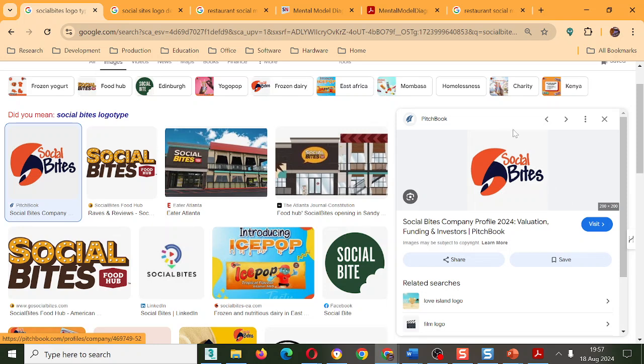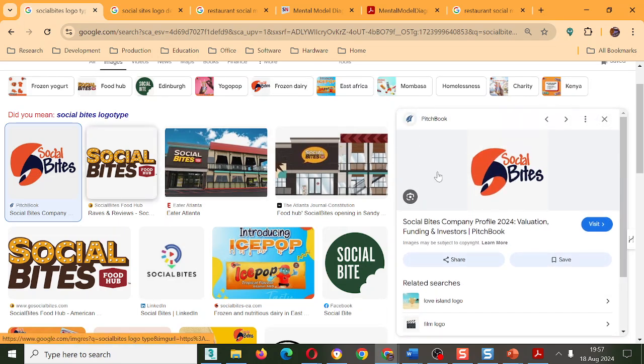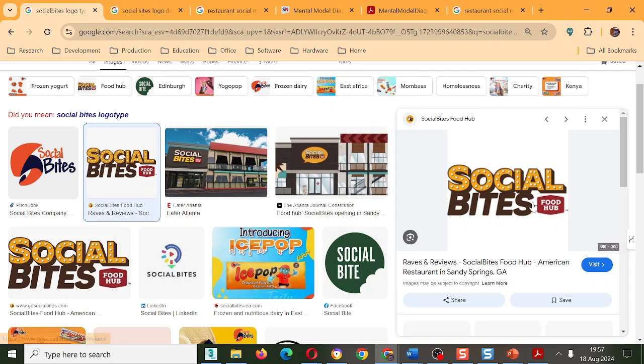Again, this writing of SocialBites has to be clear and readable. Readability is not a debate. Even if you write it freehand, it has to be readable. So SocialBites is the way they're writing it. That's their logo type. So it has a logo type and it has a logo, a symbol. This is acceptable because it's got those qualities. It's not an icon. And even this one, you could argue, is the same, which has SocialBites written in a unique way. That's the logo type.